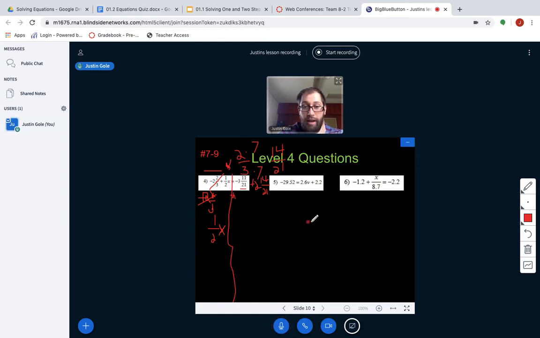Negative 3, right here, I have negative 3 and 11 over 21. And I'm going to turn this into negative 2, and I'm going to turn that other 1 into a 21 over 21. So when I do that, I add 21 to 11, and I get 32 over 21. So now, when I add the 14 to negative 32, we get 1/2 x equals